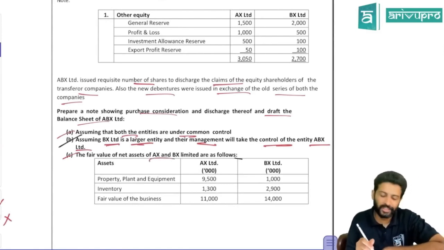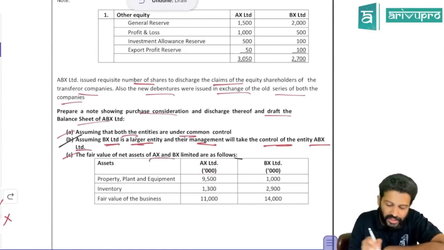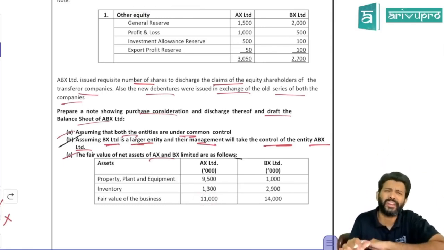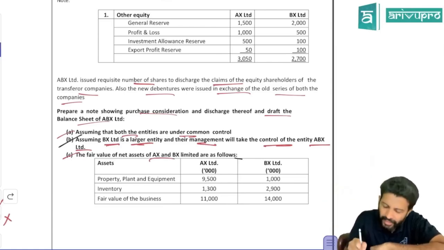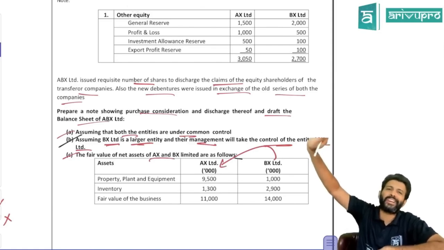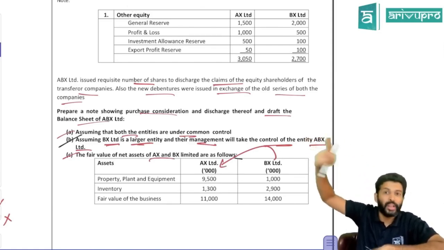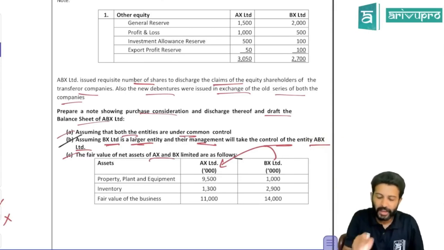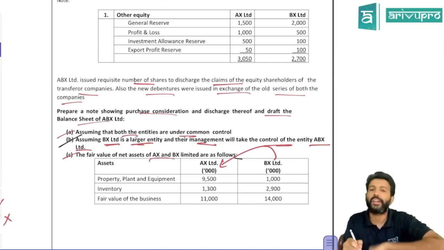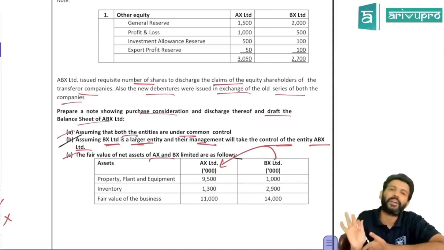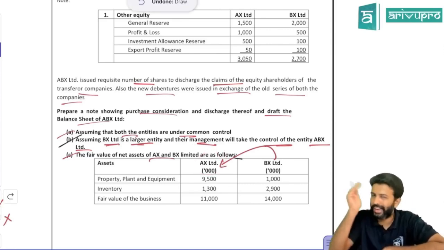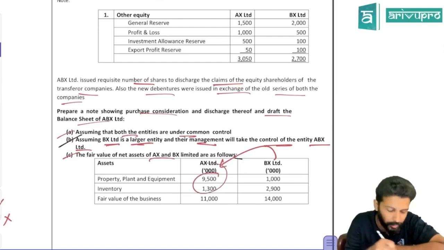Fair value of business of AX and BX they have given. Okay, certain assets' fair value they have given, and fair value of business also they have given. Now you tell me what is the case over here? ABX is just a dummy entity. In reality, what has happened? BX has controlled AX Limited through this particular transaction, but it is routed through a new entity called ABX. So ABX is just a dummy. Leave that out. But the real deal here is that BX has acquired AX. So BX is the real acquirer. Do you agree with me? Yeah. The real acquirer's all assets and other equity will stay at book value. The acquiree's, that is AX's, assets and outside liabilities, not other equity, only assets and outside liability will be taken on at fair value. That's the reason they have given you some fair value adjustment.